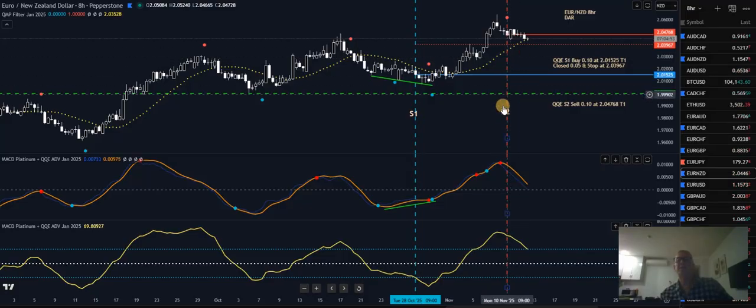In the meantime, then I took this sell. It's a QQE sell above the 60 level. And my target for that's that white level. So hopefully I'll get stopped out of the buy, so I lock in some profit there. Then the sell gets in a position where I can do the same.